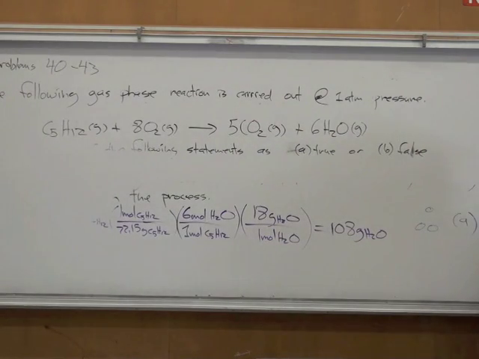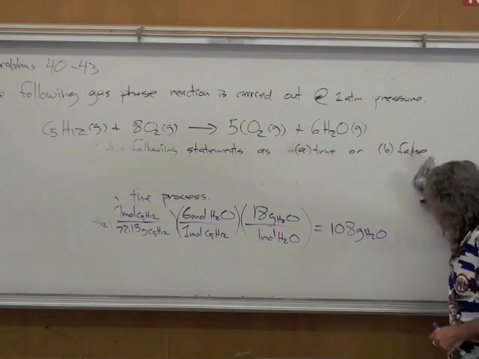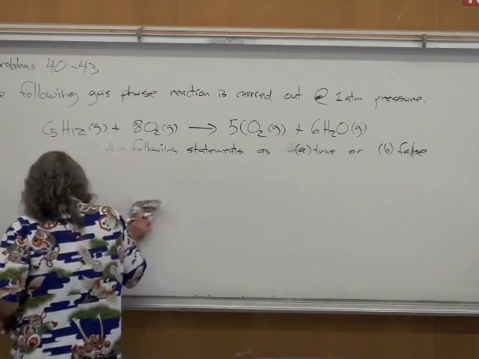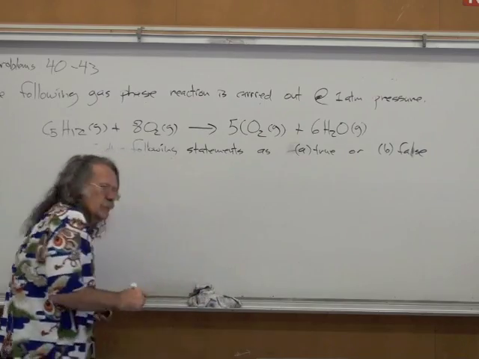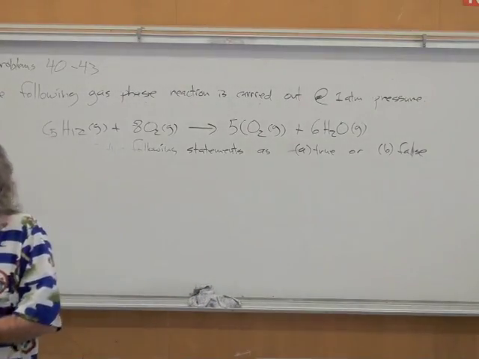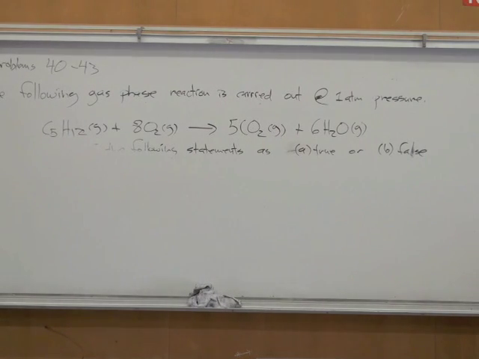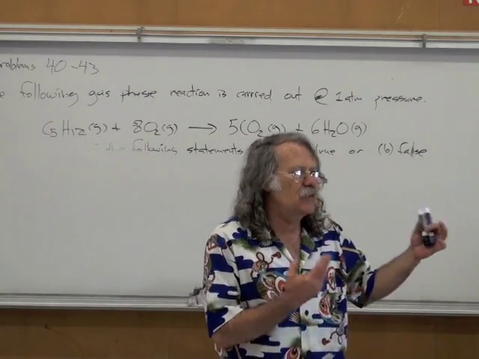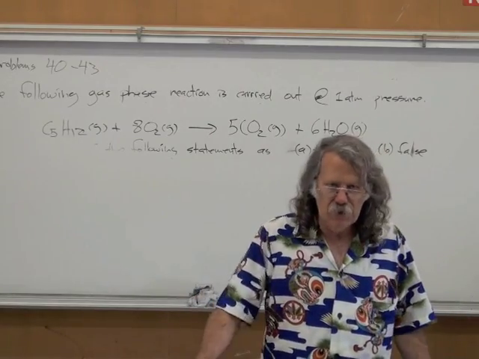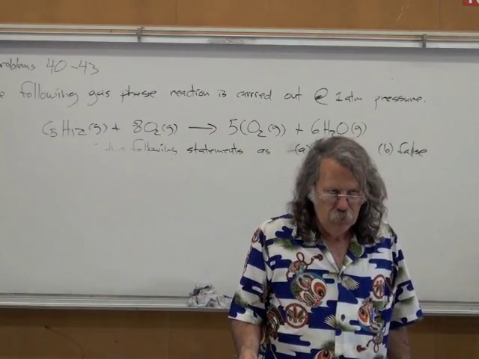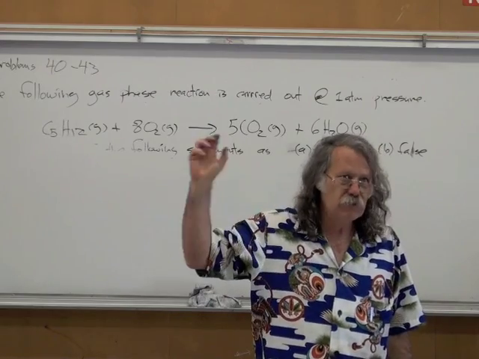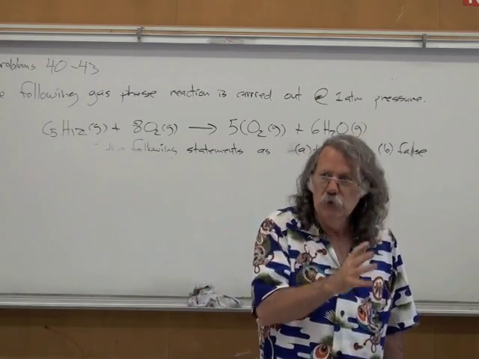Now for the last in the problem, which is 43, and this is a limiting reagent question. And the nice part about this, which I wrote deliberately to illustrate this fact, you can find the limiting reagent without reference to either product. You can simply look at the reactants. There's enough information contained there. If I just tell you how much of each reactant is present, you should be able to tell me what the limiting reagent is. And that's based upon the simple principle of how much of this reagent is needed to completely consume that reagent